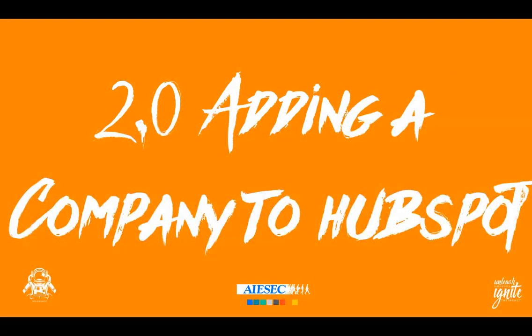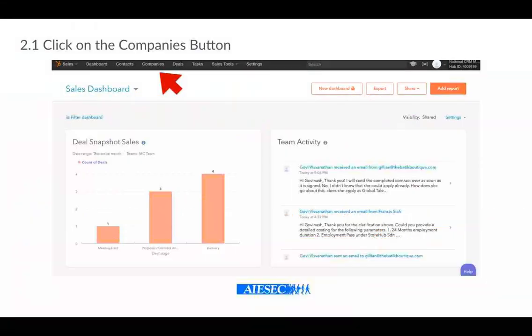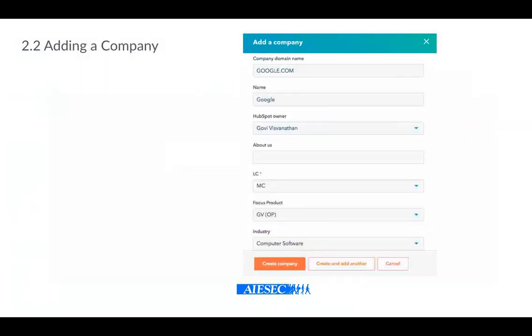Okay. So the second thing is, how do you add a company to HubSpot? On the page, you will see an option for companies. You click it, and you will see an option to add company. If the company that you're engaging is very active online, or they have a good online presence, when you enter the company domain name, which in this case is google.com, HubSpot automatically recognizes the domain, and from there it will fill up the name and the industry by itself because it knows google.com. But if you don't have it, it's fine.